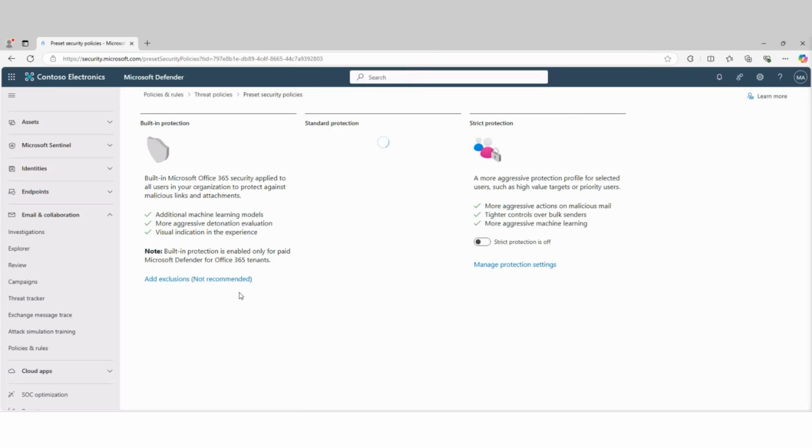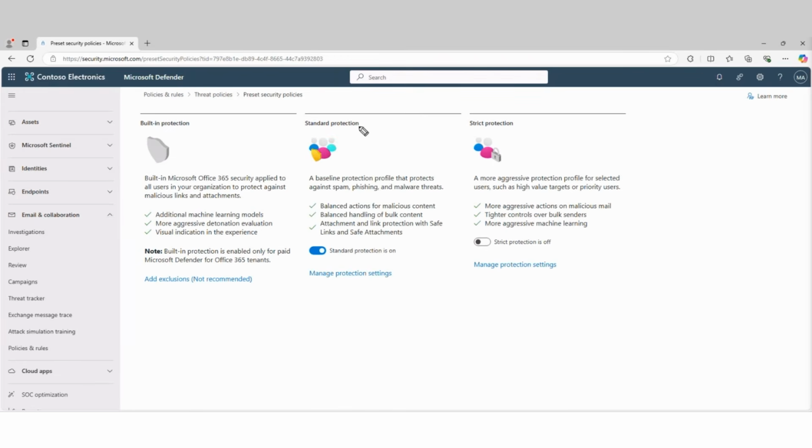There we go. So now you'll see that our standard protection is enabled at this point, so you'll see that it is turned on. You can always go back in later on and change the settings. And if you wanted to do strict protection, I can have some people that are standard and other people that are strict, or I can have everyone standard or everyone strict. It depends on how you want to configure the security posture within your environment. So now that we've got that enabled,